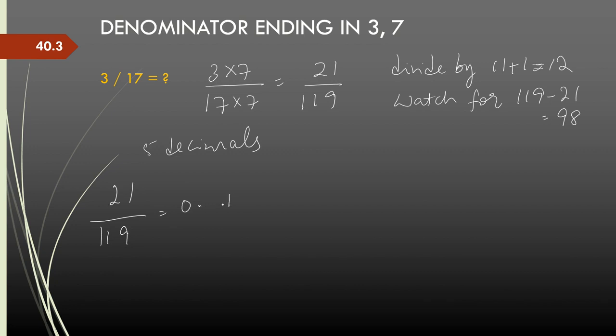21 by 12 is 1 times and 9 is the remainder. Now 91 divided by 12: 12 sevens are 84 and 7 is the remainder. Now we have 77 divided by 12, that gives me 12 sixes are 72, 5 is the remainder. Then 56 divided by 12, so 12 fours are 48 and 8 is the remainder. Now 84 divided by 12 is 7, no remainder. Now 7 divided by 12 is 0 times, 7 is the remainder, and this process can continue.